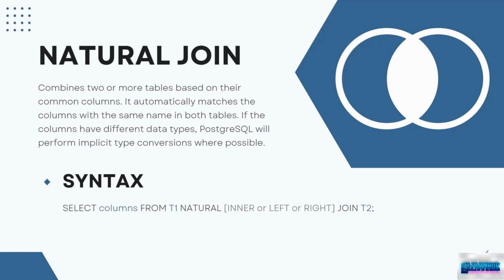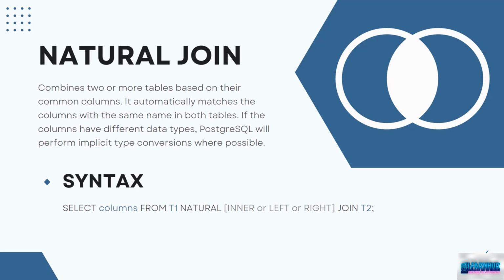When you use a natural join, PostgreSQL automatically matches the columns with the same name in both tables. If the columns have different data types, PostgreSQL will perform implicit type conversions where possible. If the columns have the same name but are of different data types and cannot be implicitly converted, PostgreSQL will